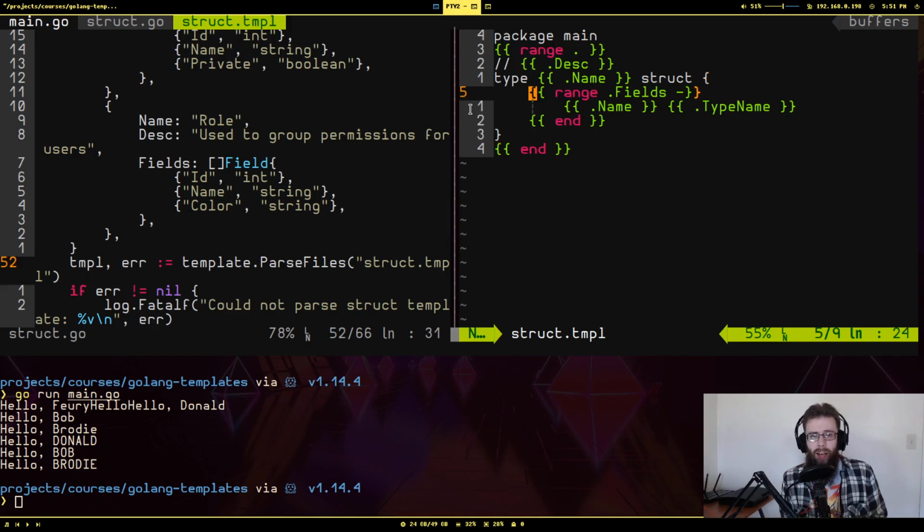And then again, I'm ranging over the fields because the fields in the data struct is itself a slice, so I can range over it and reference each one of those. You'll see there's this little minus mark at the end here. This actually has significance. If you have in your open brackets like this a minus sign with a space, in this case preceding, and in this case it'd be proceeding it,